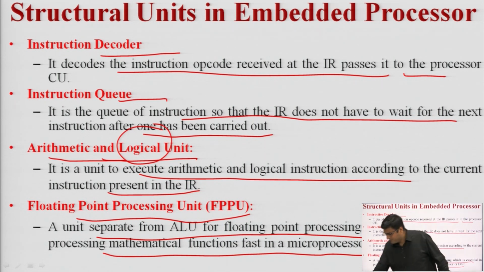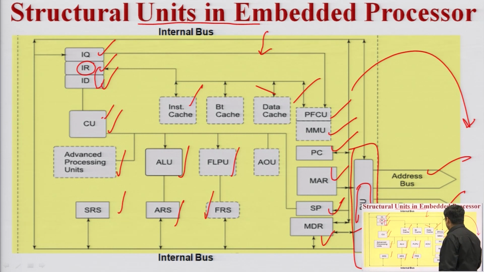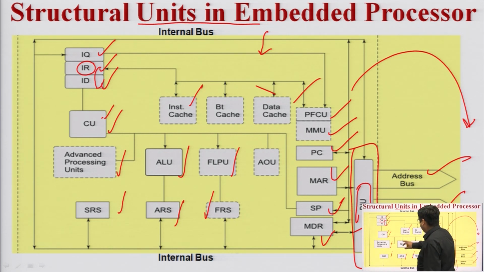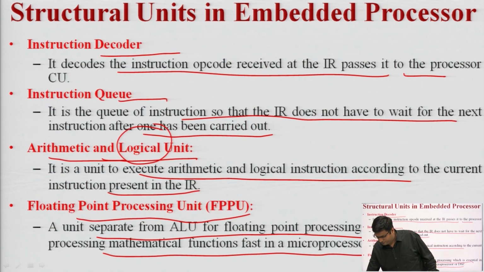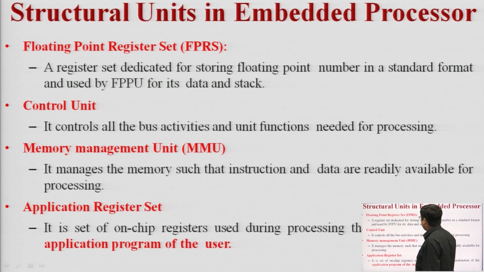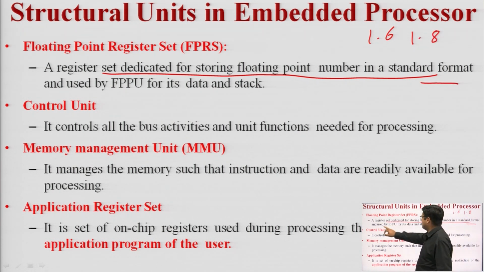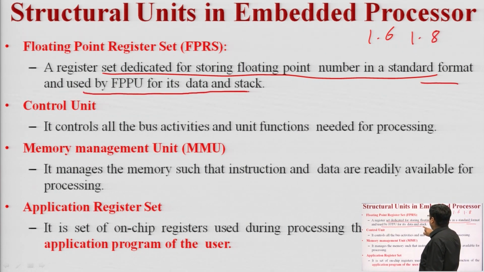So this is the floating point unit. Here you can see the floating point unit. Okay. So this can carry out the operations. After that we have a floating point register set, a register set which is dedicated for storing floating point numbers. Floating point numbers means numbers like 1.6, 1.8 in a standard format, and used by the FPU for its data and